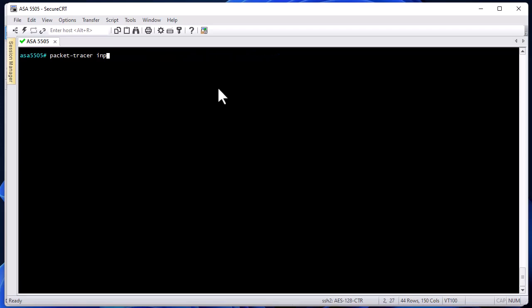So I will do the same command, input, but this time the packet is actually coming from the outside. So I will input here the outside interface, and the protocol. Let's say that the protocol is TCP, and I will provide here the outside IP address, 2.2.2.2 for example,